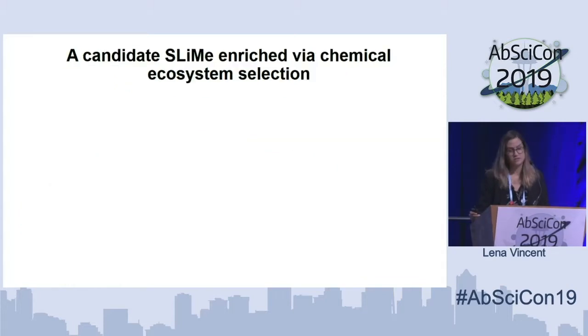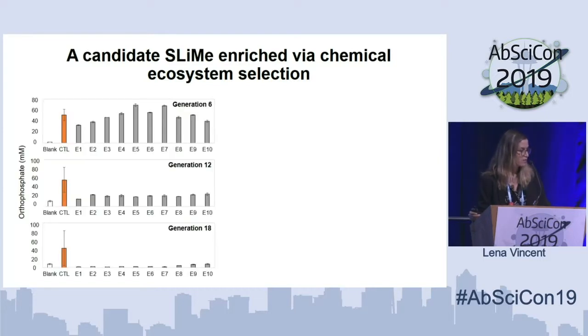And of course, being able to deploy this protocol implies that we'd be able to detect slimes if they were to emerge. And the way we do that is by assuming that if slimes did emerge and change over time, we'd be able to see that reflected in changes in a sealed reaction vessel, either in the bulk solution or on the mineral surface. So that's what we look at. So here, what we have on the y-axis is the amount of free phosphate we detect in our solutions at the end of an incubation period. So if you remember, I mentioned we add ATP.